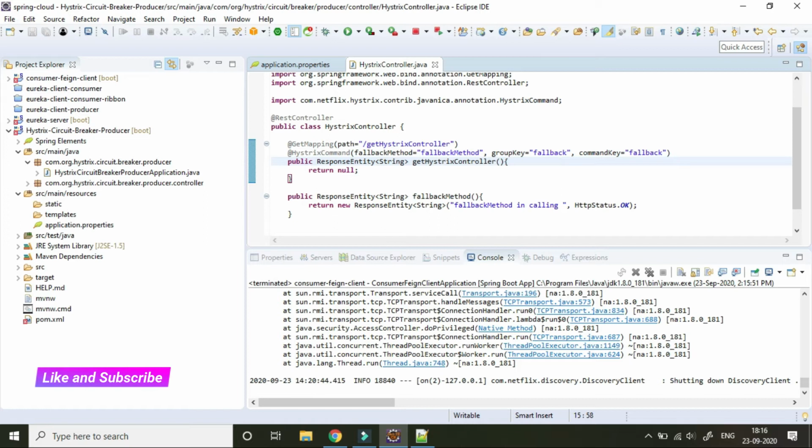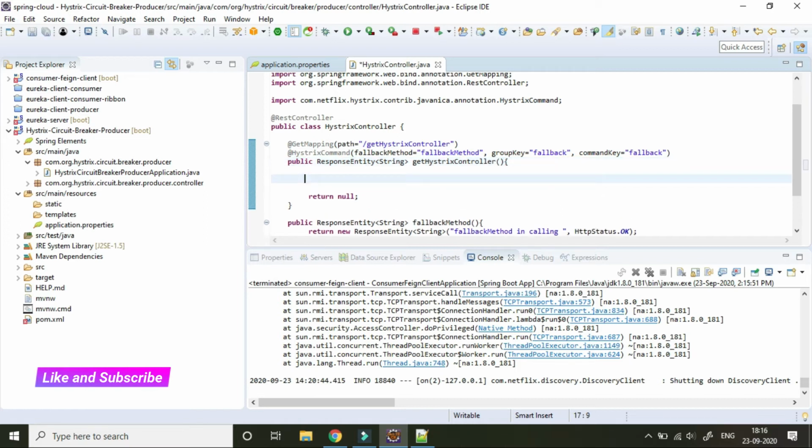Now I will throw an exception from the getHystrix controller method.